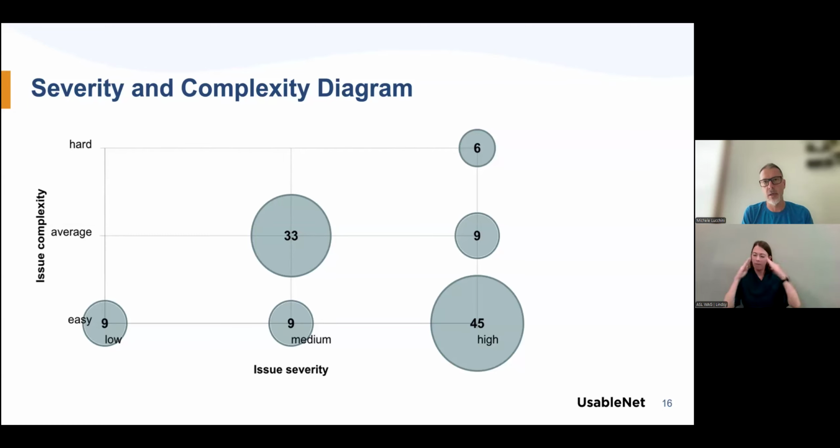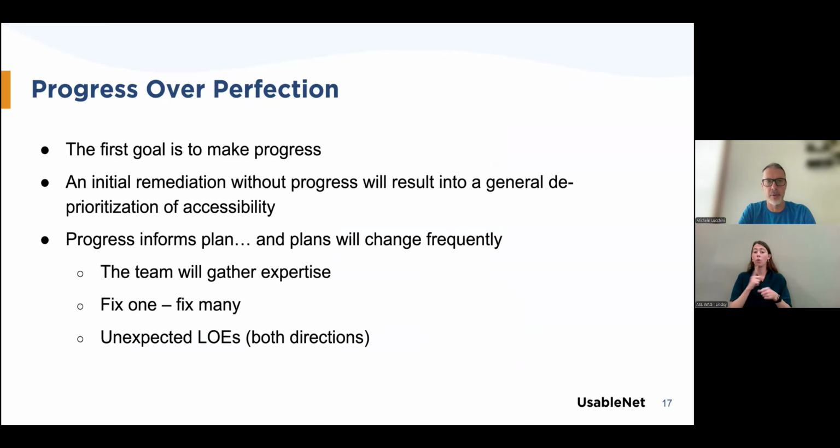It is also, usually, a guarantee to have enough progress during the initial phases of the accessibility remediation. In the following slides, we'll also discuss the importance of making progress when you approach an accessibility program. Making progress should be the first goal. Being 100% compliant with the guidelines could be, if set at the first stage, a too ambitious goal. So making progress should be what we focus on.